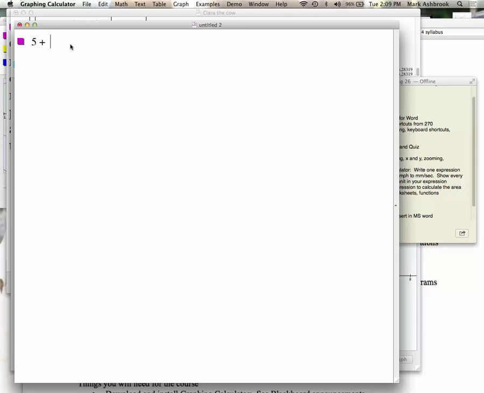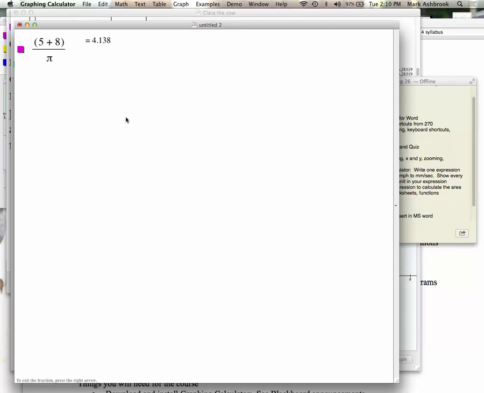For instance, you can put in 5 plus 8, and you don't even have to press enter. Whatever the current expression you have typed in, it tells you what it equals. Then, for instance, you can highlight the whole thing and do Shift 9 for parentheses, and it puts them around the whole thing. Put your cursor on the outside, divide, and then to get pi, type pi, and the pi symbol comes up.